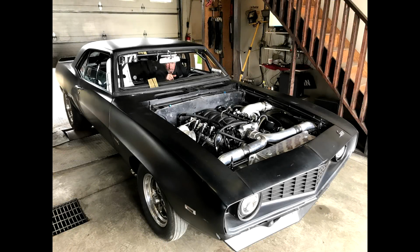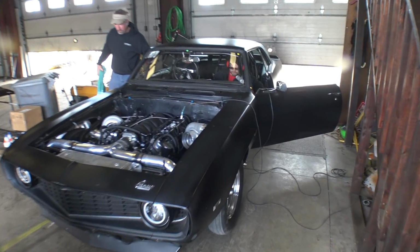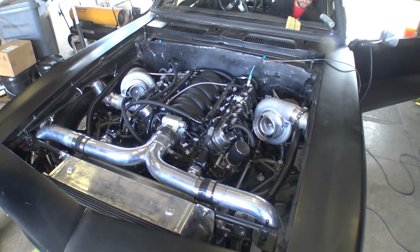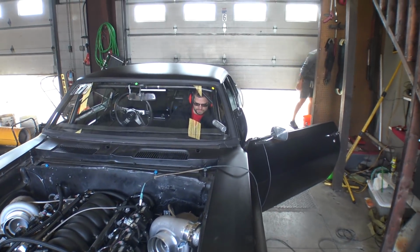Ladies and gentlemen, the time has come. Alright, I'm not even going to pretend I'm going to do some sort of weird, serious movie deep voice intro thing, but Mark's car is done. It's all wired up. It had a complete rewire by Wax Shack and is ready to go for a drag week